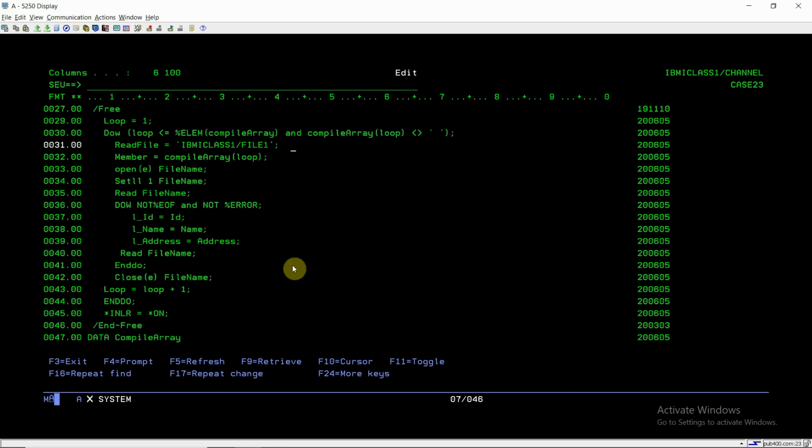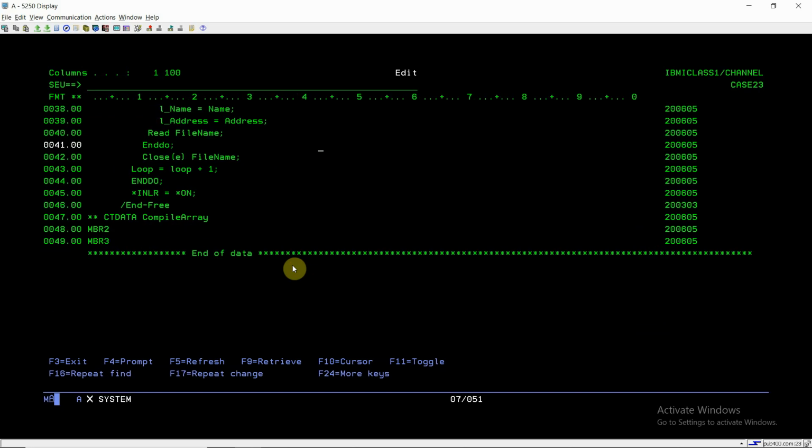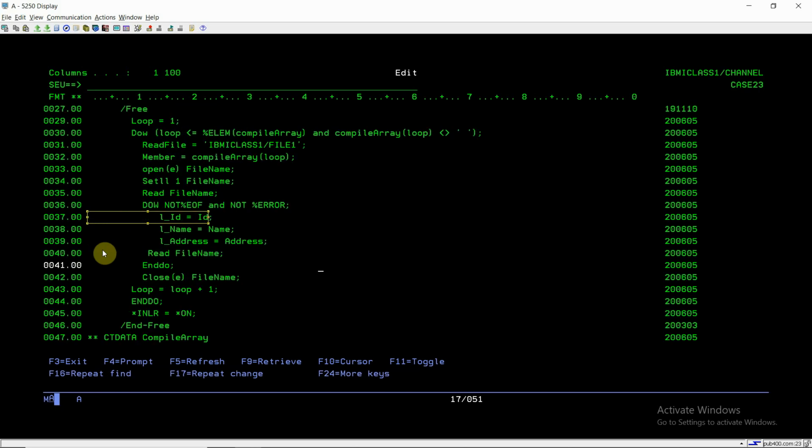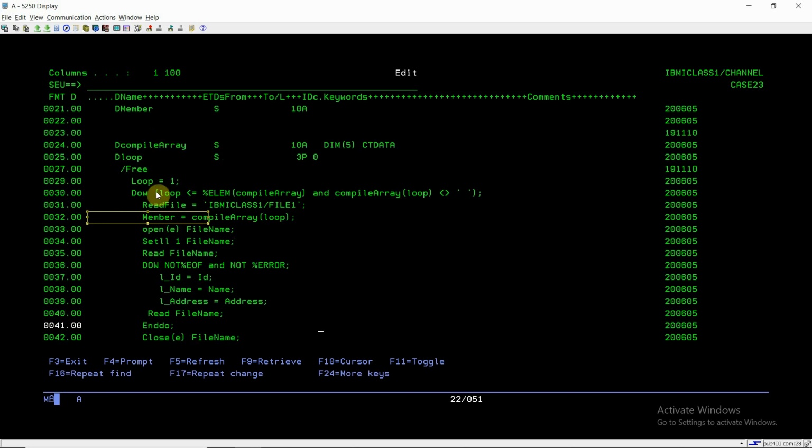Now we can see at the bottom we declared our compile time array with star star, then CG data compile array, which is the name of the compile time array. Then we can specify 5 member names, mbr2, mbr3, which are always in upper case.